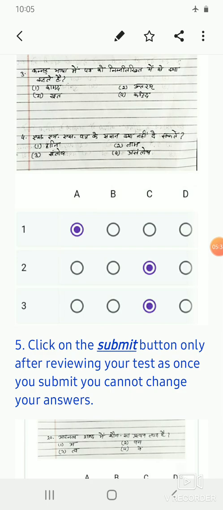So the number of questions, please go through again, read all your answers properly, make sure that you have checked, you have ticked or selected the correct answer, the correct option for each question. Sometimes it might happen that you might get confused and you might click on the wrong answer.